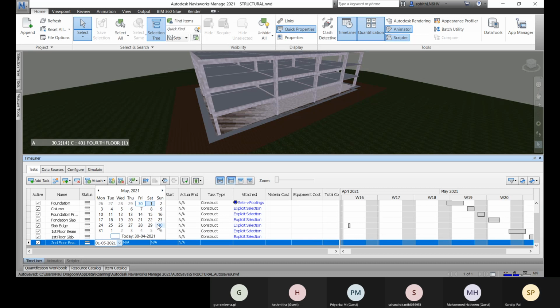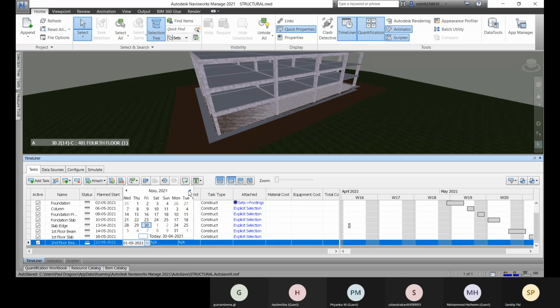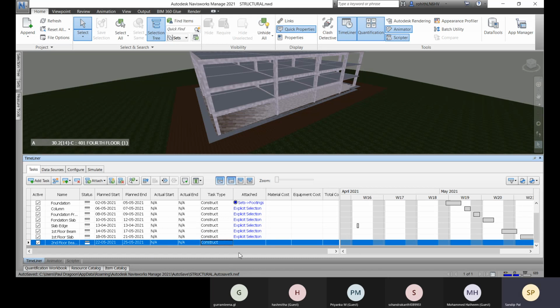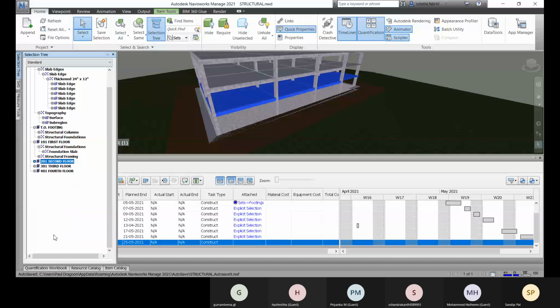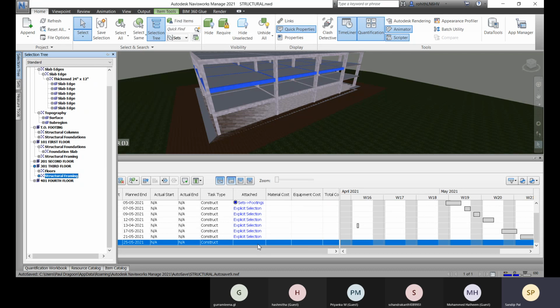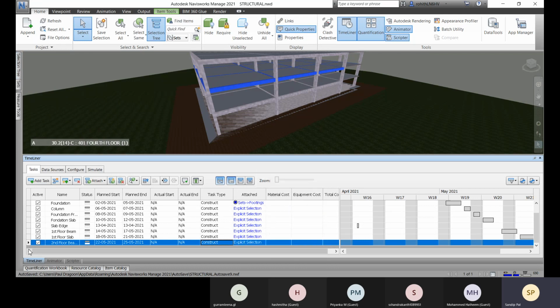the date, 22. And okay, so the construct and come to selection tree there. Structural framing, right click, attach current selection and add another task.